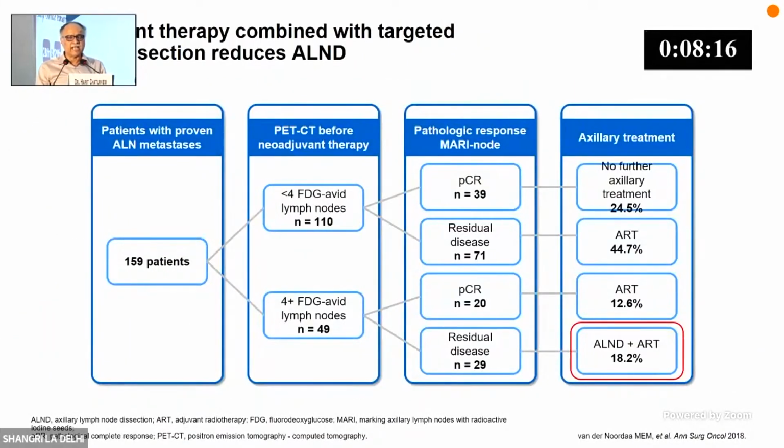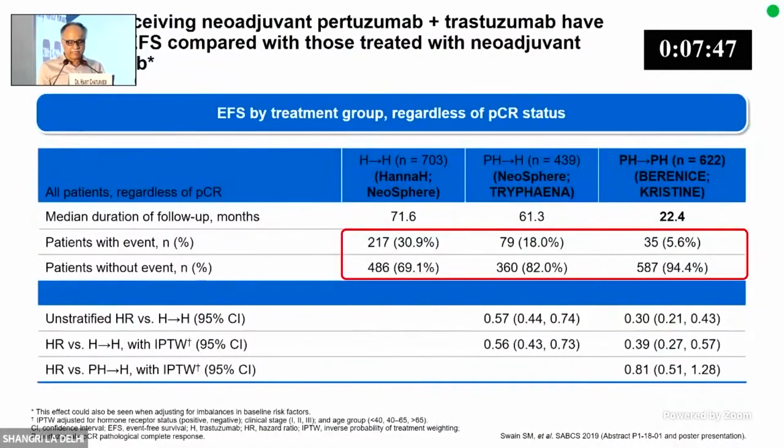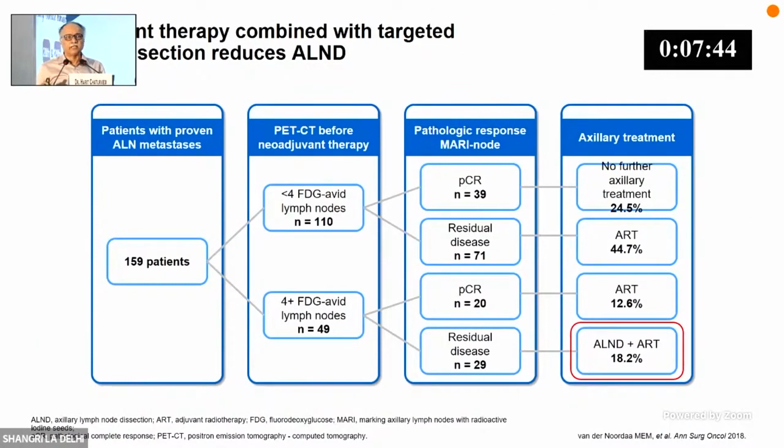Now, as far as the axilla is concerned, today for almost all N2 disease and upwards, we offer axillary dissection. Though this year we have given one of our DNB students a thesis topic on targeted axillary dissection, and the purpose is that we want to adopt this in practice. So we will be clipping the positive axillary node, but only for N1 disease, that is less than 4 nodes. So this will be picked up on MRI and ultrasound. However, in this study, they have depended on the PET-CT, but I think the MR and ultrasound are more reliable than PET-CT. And once you have done that targeted therapy and you have got